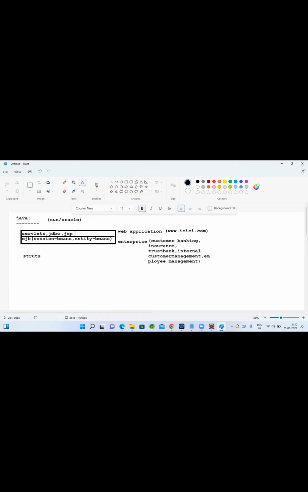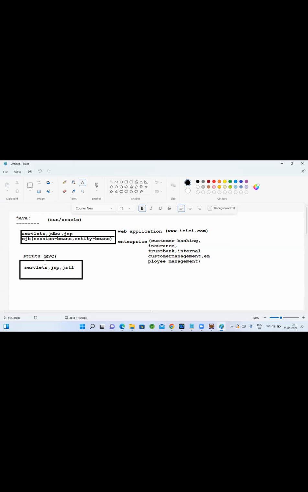So the basic servlet components and EJB components, Java gave, then why did many frameworks come into the market, like Struts, Spring, Hibernate? We'll talk about Struts first. Struts is also a web application component only. They designed it on top of servlets only, using the servlet API: an MVC framework built on top of servlets and JSP. Servlets, JSP, JSTLs, all those concepts they used internally.